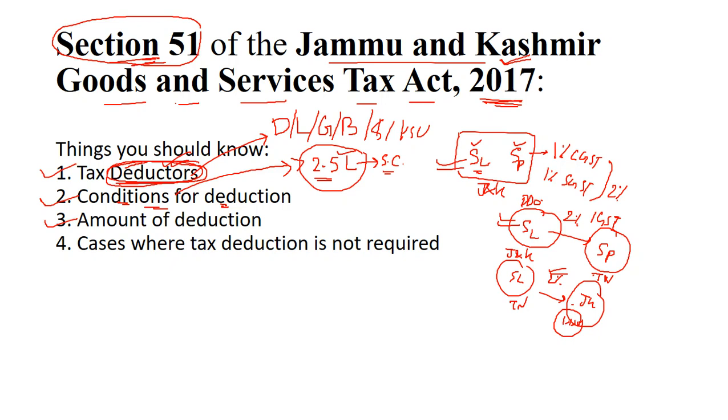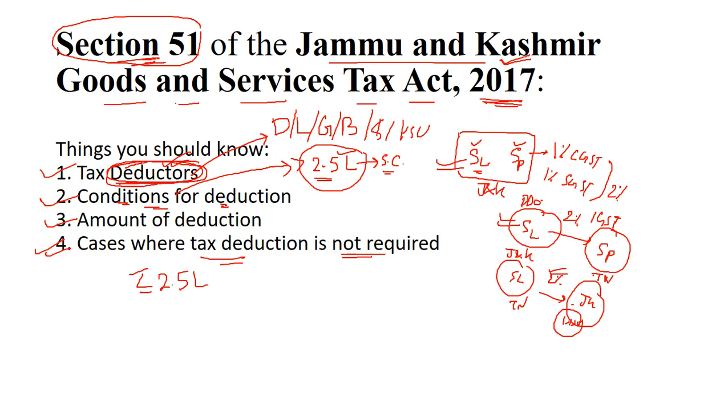2% of IGST. So there are certain cases where the tax deduction is not required. This is very important. Common sense, when the total value of a single contract is less than or equal to 2.5 lakh rupees, at that time you will not deduct the GST, right? When the total contract is more than 2.5 lakh rupees but the amount of taxable items is less than 2.5 lakh rupees, in this case also you will not deduct the GST, and GST is not leviable on certain goods